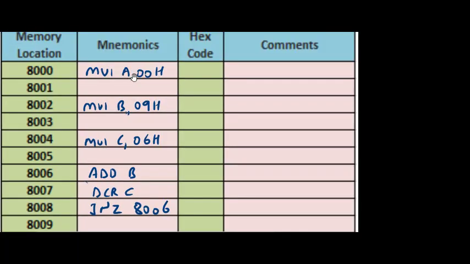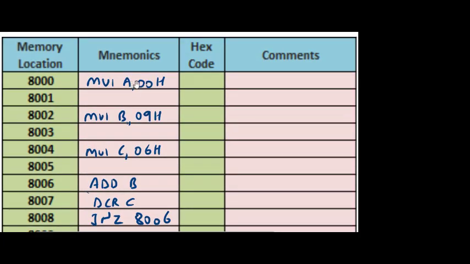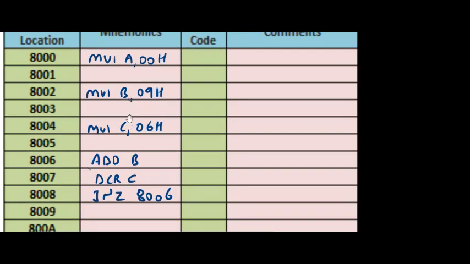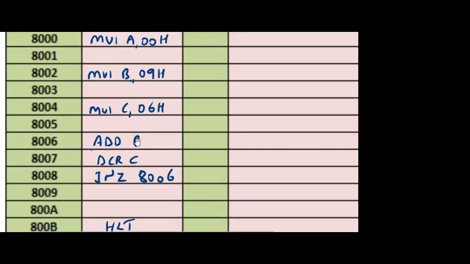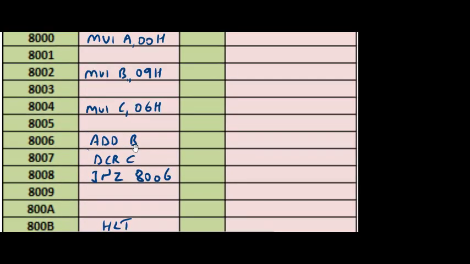Here we can see, first of all A is 0. We need to clear A, because if we don't clear A, it might be possible that some data is already there in A, and it will get added with 9 and we won't get the proper result. So you need to clear A. Then MVI B, the larger number is stored in B, and we are running C in a loop, so the smaller number is in C. ADD B, so A equals A plus B, DCR C. If C is not 0, again it will go on adding. This addition will continue until C becomes 0, and by that time we will get 9 into 6, and the result will get stored in A. So this is one of the programs.